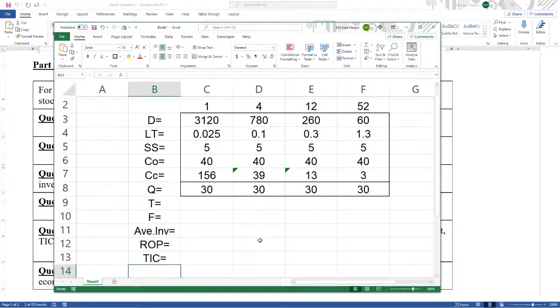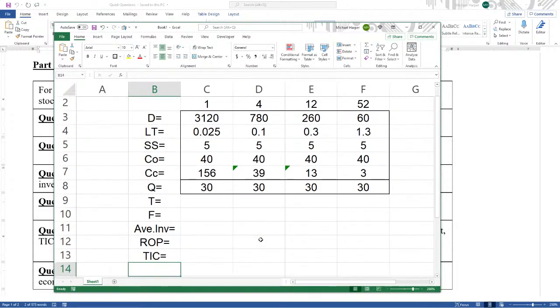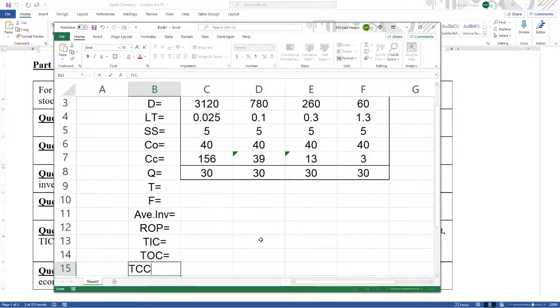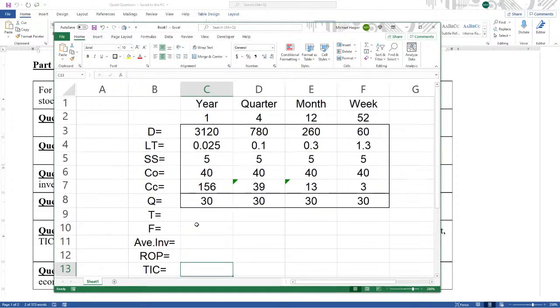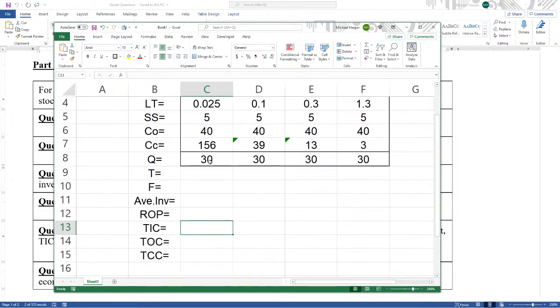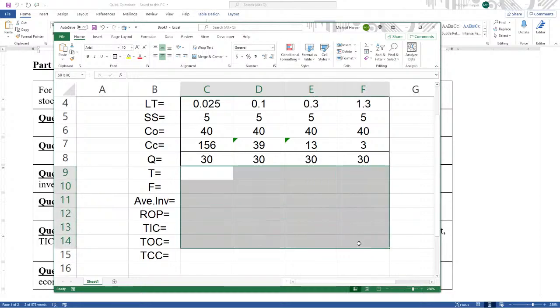Okay, which is equal to the total ordering cost and the total carrying cost. So we might even break them up here and add those together to get this. Okay, anyway, there they are. And all these are going to be for 30. Let's just bring this in. Oh, and then